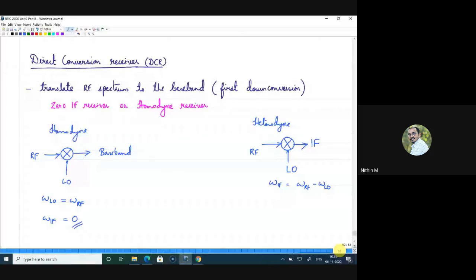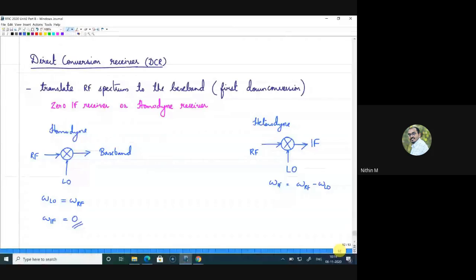Yeah, so that depends on the modulation scheme, right? Especially, yeah, that depends on the modulation schemes, Nagaraj. So it can be either in amplitude or in phase. Yeah, that is possible. Now, Siddharth is asking how is